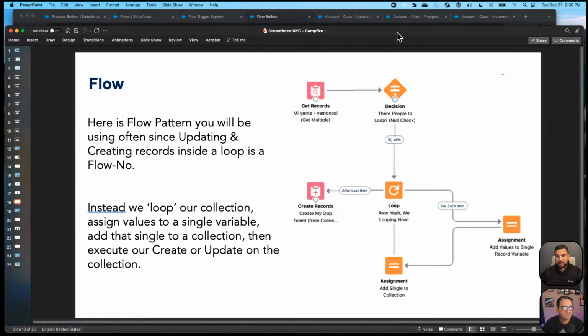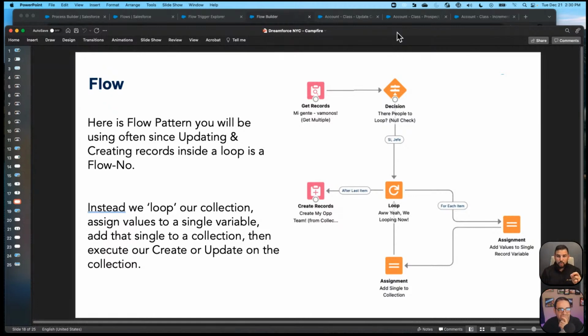What that means is if you have a red box inside of your loop, that's what I call a flow no. So we don't do it inside of a flow no. Instead, we get the records, and then we check if we found something. We hit our loop, and then we assign the values that we want for the item that we're looping to a single record variable. And the next step, we take this single record variable and add it to our collection.